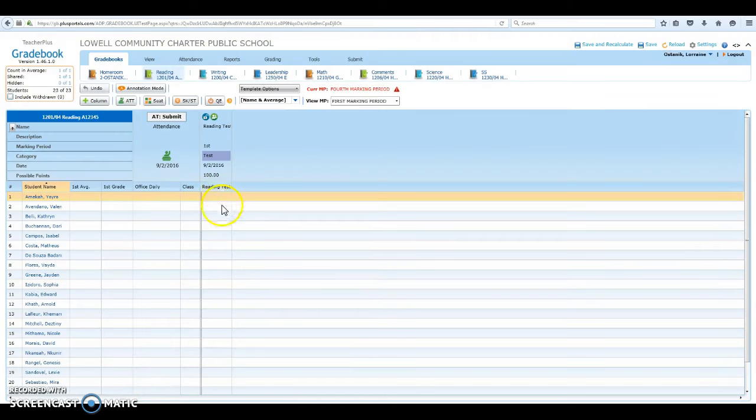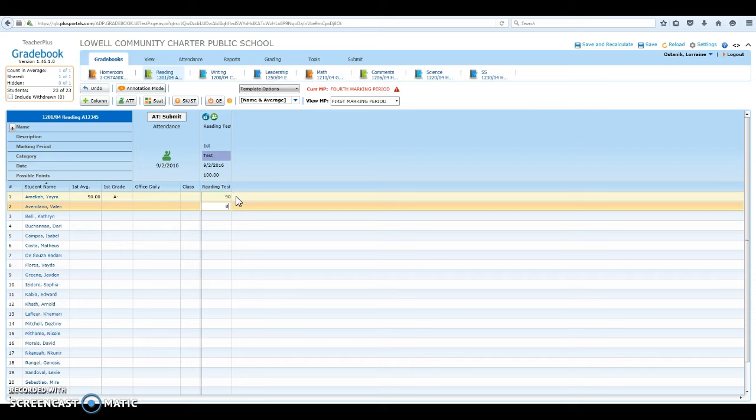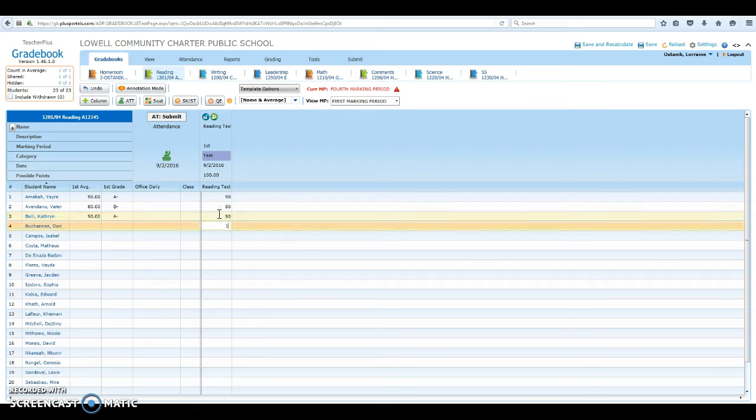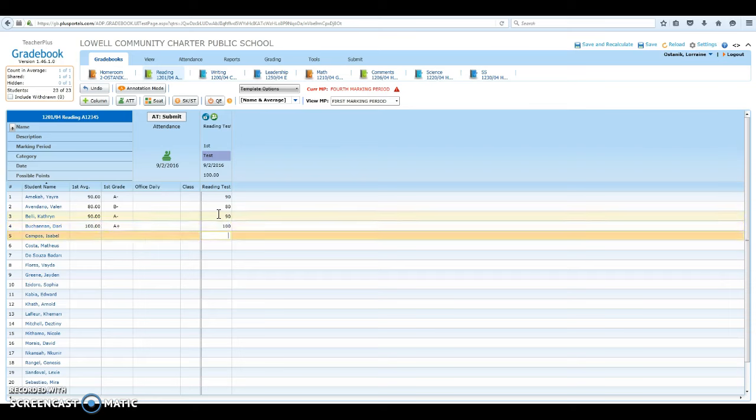And now you have a column here on your gradebook where you can enter in the grades. So for example, you can click on each box next to the students' names and type in what grade that they got on that reading test or whatever assignment you just added. Notice that as I'm adding grades into the gradebook, over on the left side, next to the student's name, it's telling me the average grade they have in that